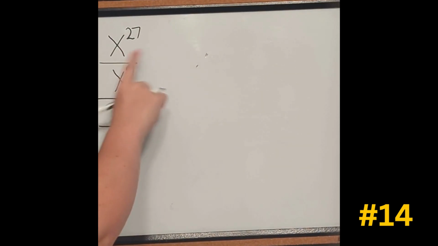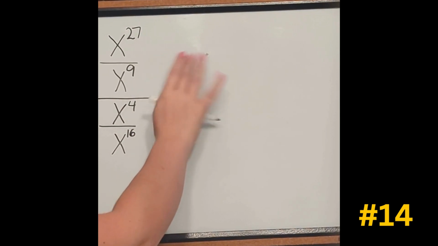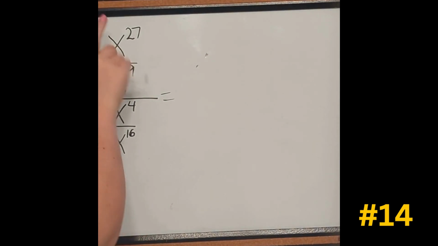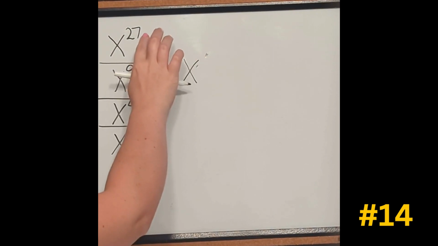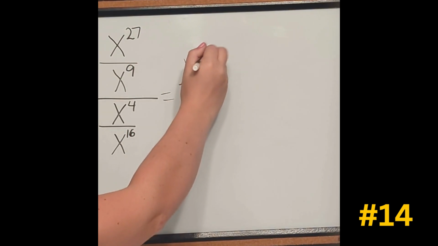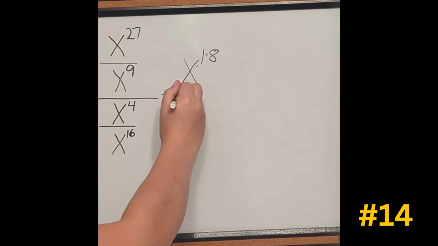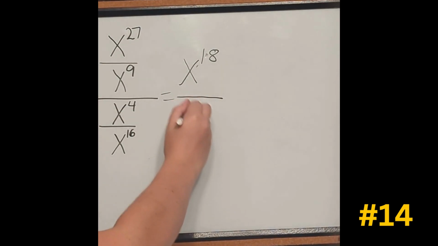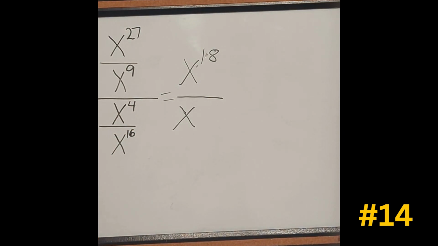All right, we are going to take this one step at a time. First, x to the 27th divided by x to the 9th. If we have like bases, we subtract our exponents. That gives us 27 minus 9, which is 18. On bottom, if we divide, we subtract our exponents. 4 minus 16,